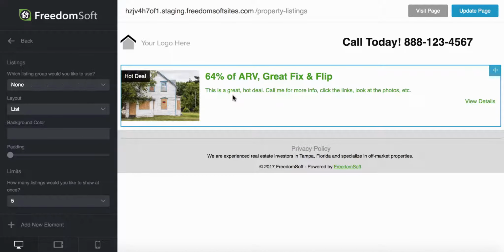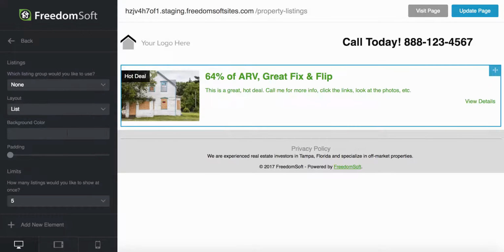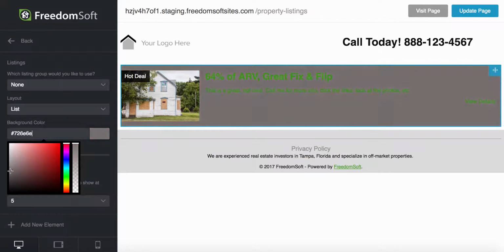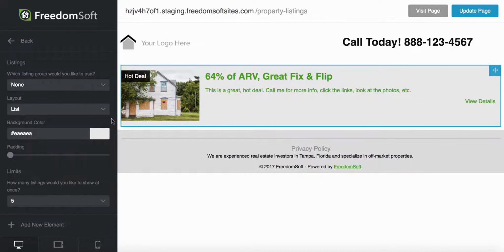Now, I can play with and change any of the way this is laid out. I can show it as a list or as a grid. I can change the background color if I want to. I can make it a little light gray to just make it stand out. I can do whatever I want to do here. I can play with my padding